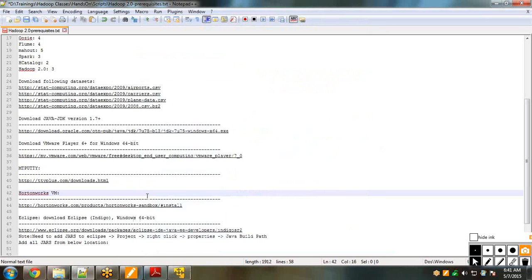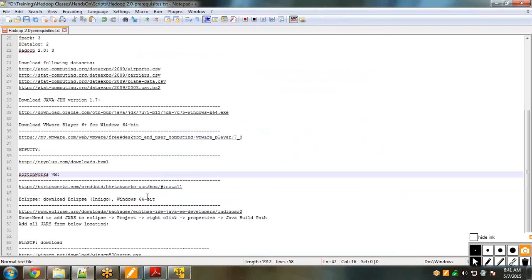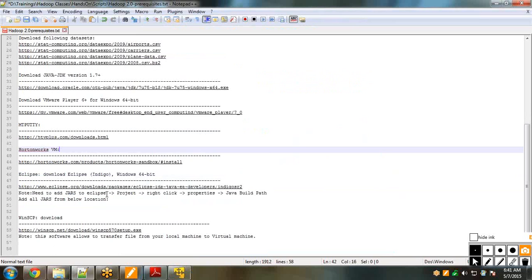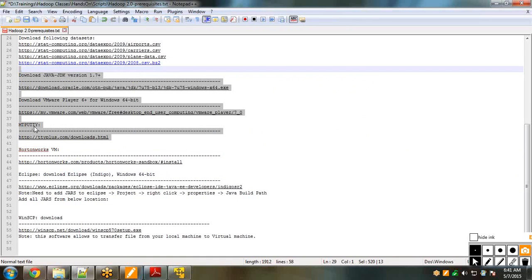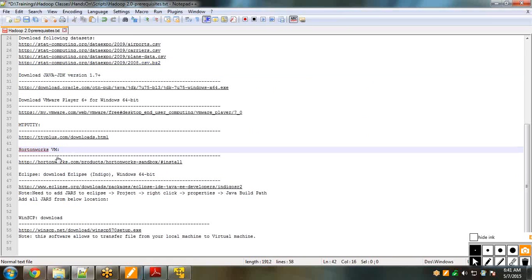Let me complete the list and then I'll go through how to do it. Till this point it's pretty straightforward, just download it and keep it ready. And then you have to download the big one. This is quite big, close to 4 GB. Because this is a virtual machine, and to run a virtual machine you need software like VMware